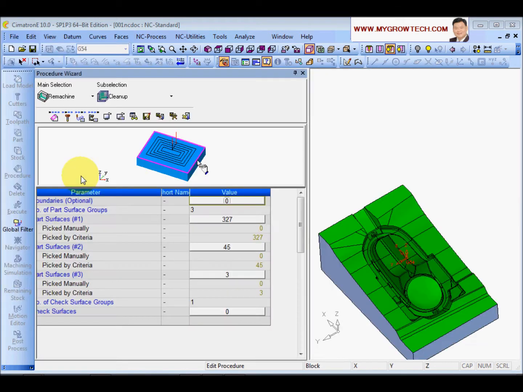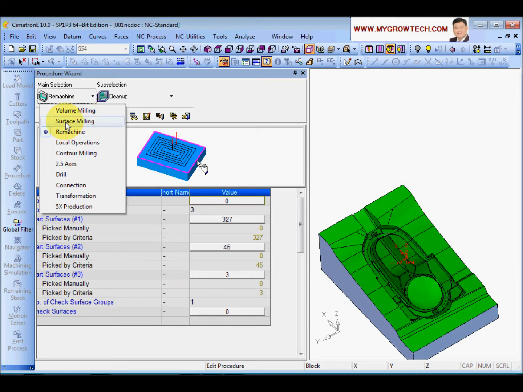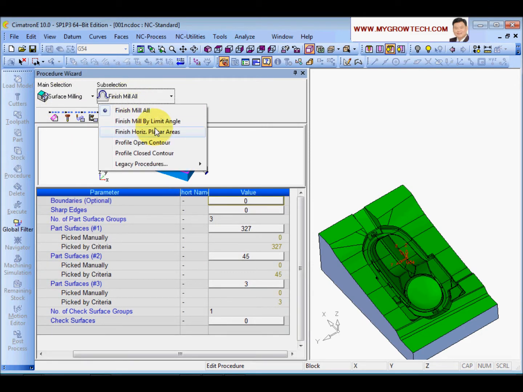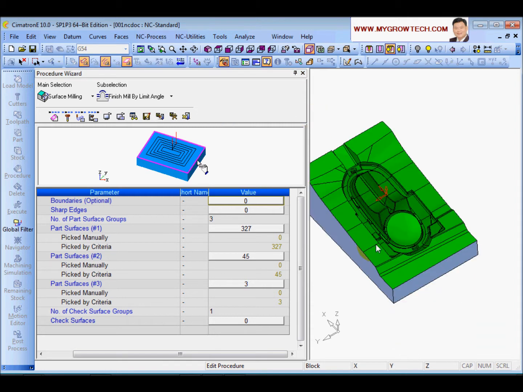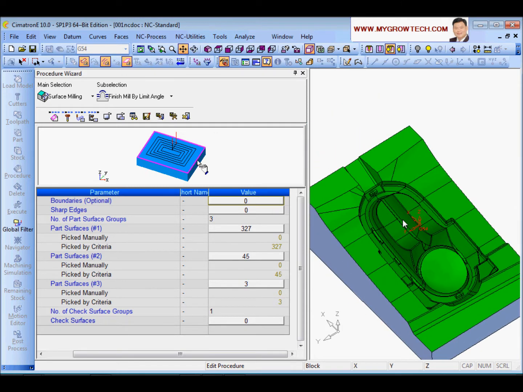And let's edit this process. Again, for finishing, I'm going to use surface milling and by linear angle. This is the most popular finishing function in Cimatron that most users will use. And okay, in this case here,